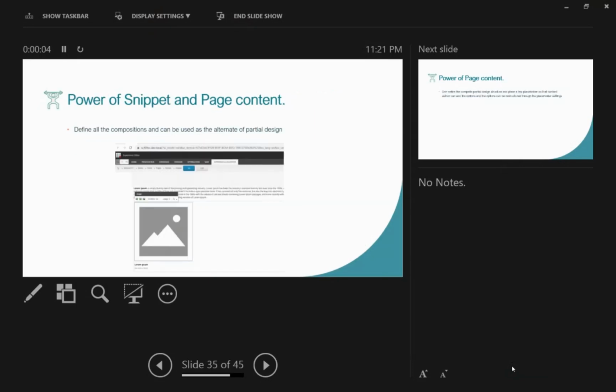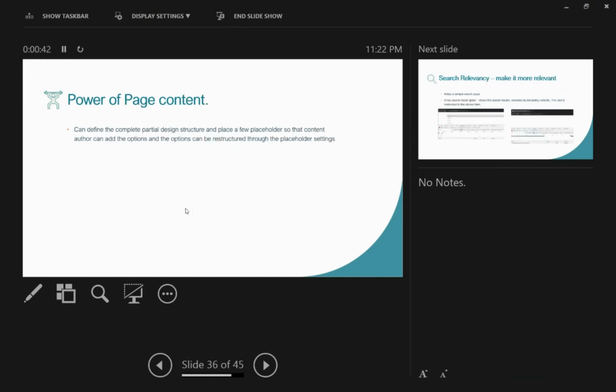And yeah, page snippet, it's very important that you can create the complete page using the page snippet. Page snippet is a composite component. You drag and drop it here on the page, and then you will have options to create the images, multiple images. You combine that as a snippet, and then you can keep it maybe in the global or the shared site, and then you can provide an option to the content editor that you drag your snippet and then you choose the data source from the global and shared, and it will render the copy, and then you can just put the dummy data there.